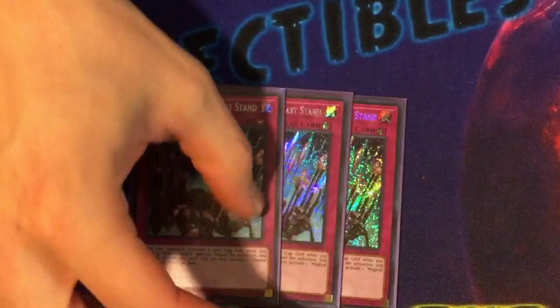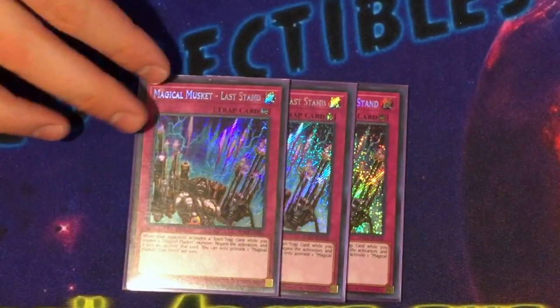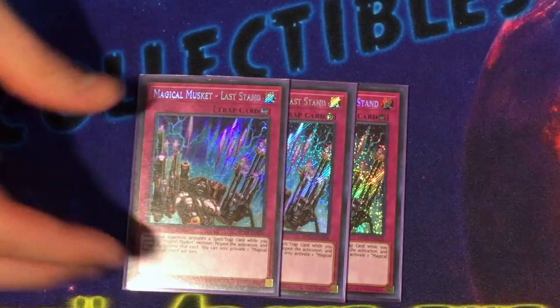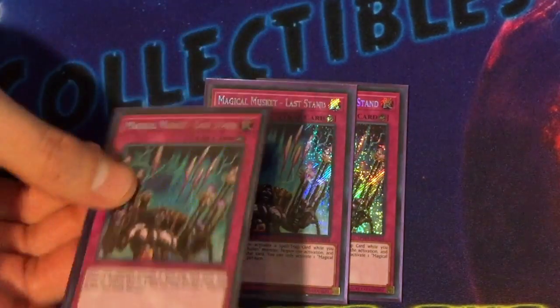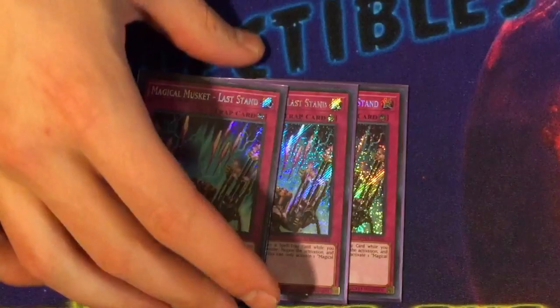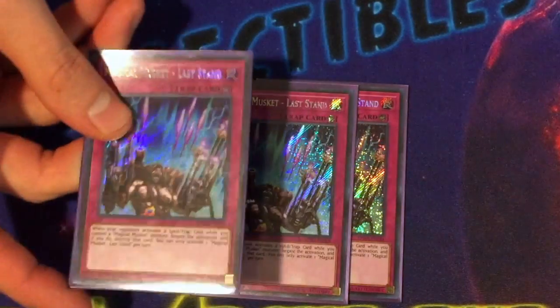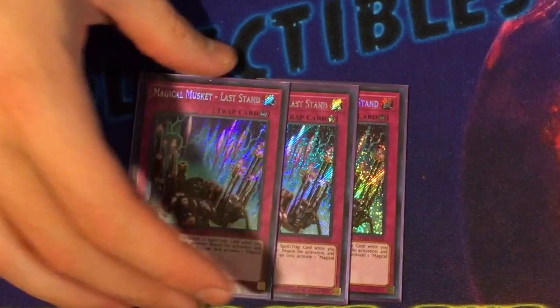And for the traps, we're playing 3 of these bad boys. Last Stand. This allows you to negate spells and traps, so it's a Solemn Judgment in that respect. Obviously, it doesn't negate the summons, which is one of the problems with the deck. It doesn't really have anything that negates summons,